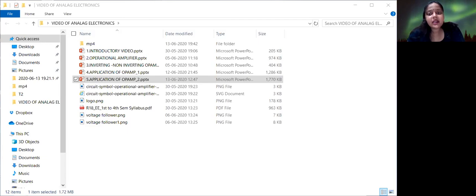Now what is the input current? Input current will be (Vin minus Vx) by Rin, right? And what is the output current? Output current will be C into the derivative of the output voltage. If we equate these two equations, we get the output voltage equal to minus 1 by Rin C times the integration of Vin dt. See, here it is clearly seen that the output voltage is nothing but the integral of the input voltage.